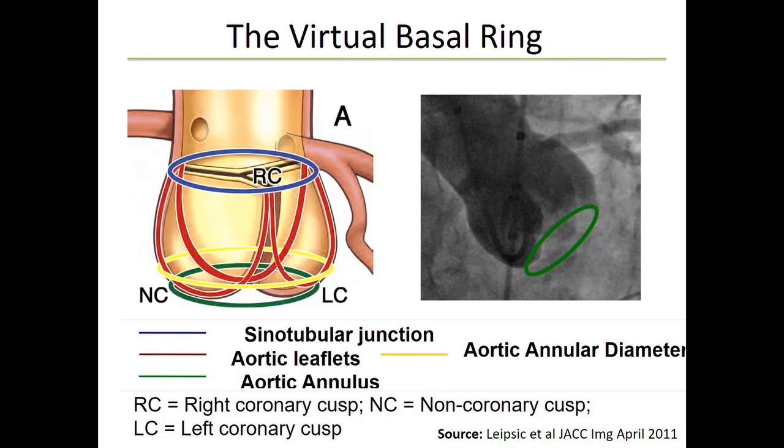We focus on this concept of oversizing, putting in a valve larger than the annulus itself to prevent paravalvular regurgitation, but not too large. But if you talk to the engineers, they'll say that's such a physician-focused way of looking at it. Because how did we define the sizing algorithms? We looked at those patients that had complications and looked at what their sizing was. And what we realized is that if you undersized a balloon expandable valve, you put in a valve smaller than the annulus, 20% had moderate paravalvular regurgitation.